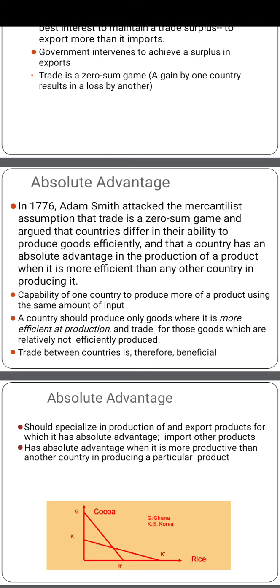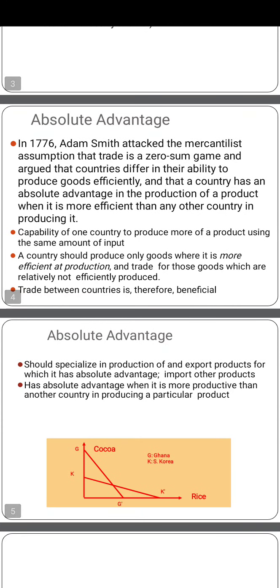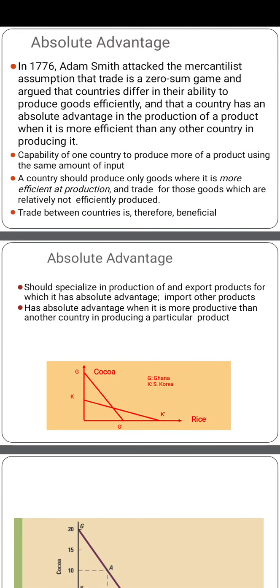A country should produce only goods where it is more efficient at production and trade for those goods which are relatively not efficiently produced. Trade between countries is therefore beneficial. These are some of the facts about absolute advantage, and you can see in the next slide that a country should specialize in production of and export products for which it has absolute advantage, and import other products. A country has absolute advantage when it is more productive than another country in producing a particular